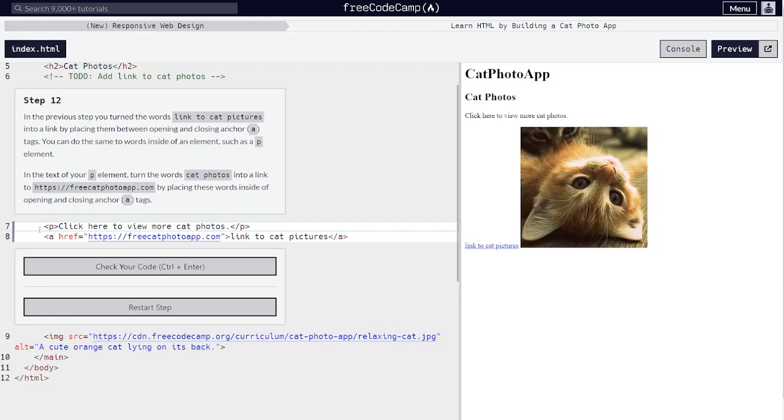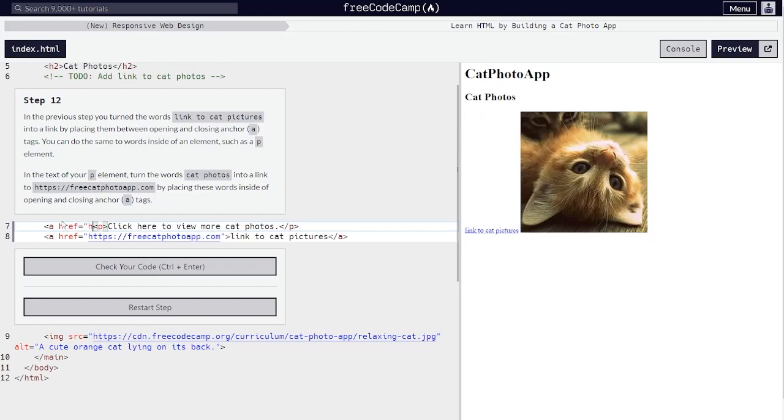So here we need to do anchor href equals https://freecatphotoapp.com, and then close it after